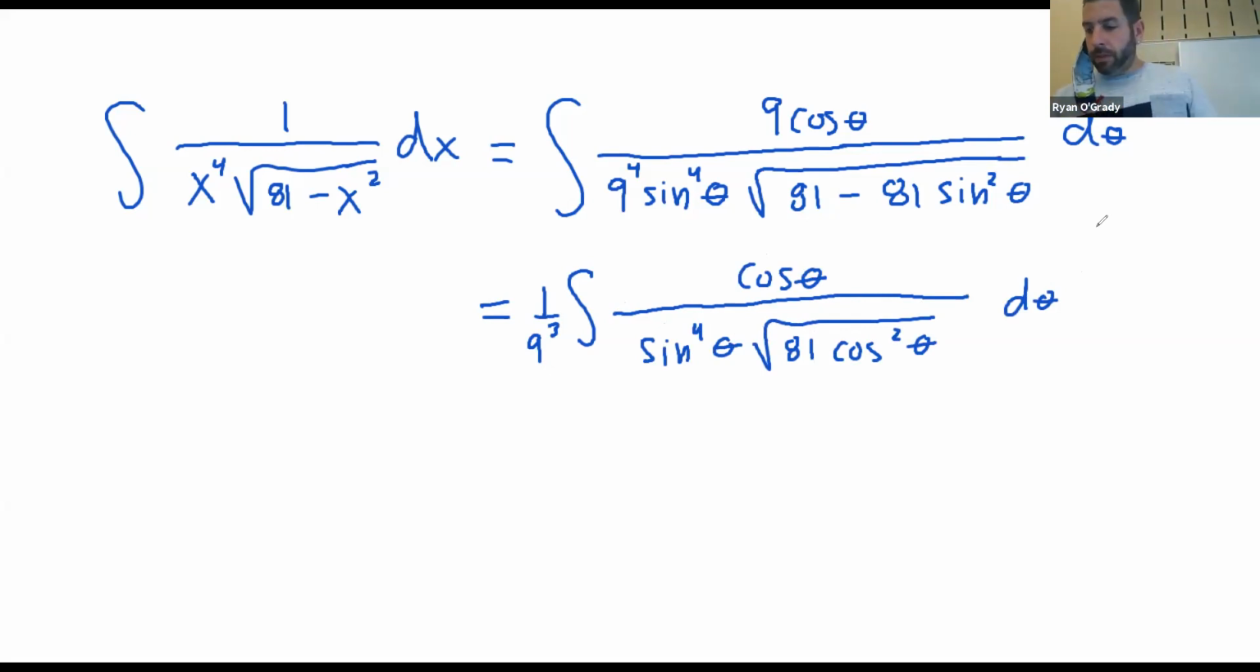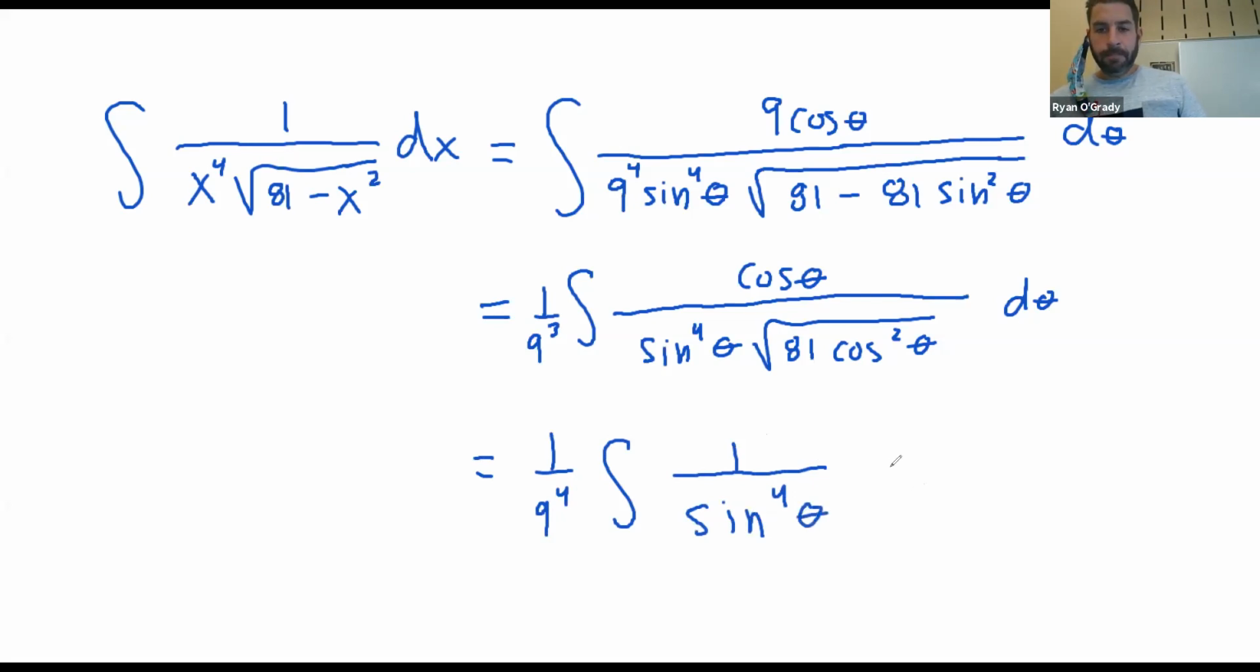Now, what this ends up simplifying to is 1/9 to the 4th, because I have an 81, and the square root becomes 9. The cosines, they cancel out. Now, we do have this one technicality here, which I pointed out before, and I told you not to worry about it in these calculations because,